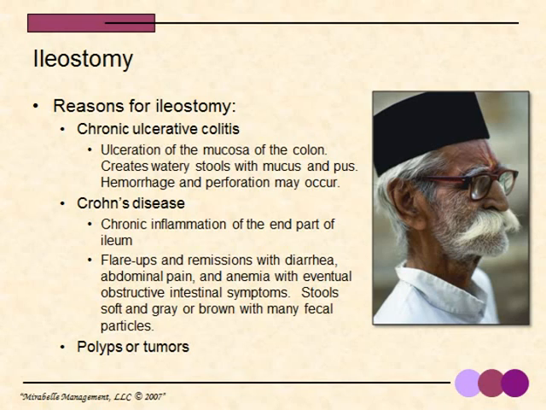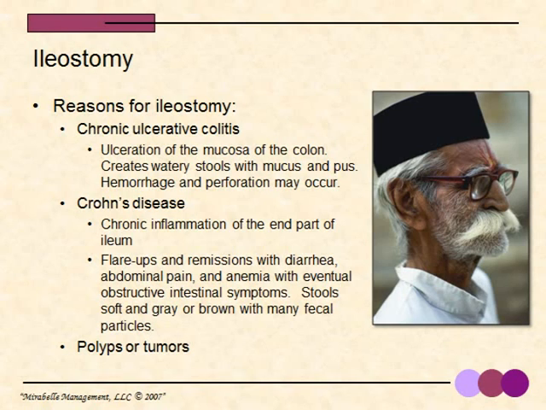This is a chronic inflammation of the end part of the ileum. Flare-ups with remissions of diarrhea, abdominal pain, and anemia, with eventual obstructive intestinal symptoms, occur. Stools are soft and gray or brown with many fecal particles. A person may have polyps or tumors, and these may cause rectal bleeding and may come loose or become infected,